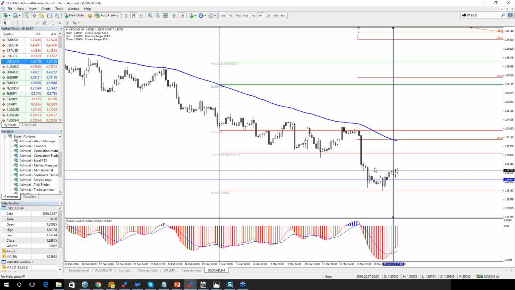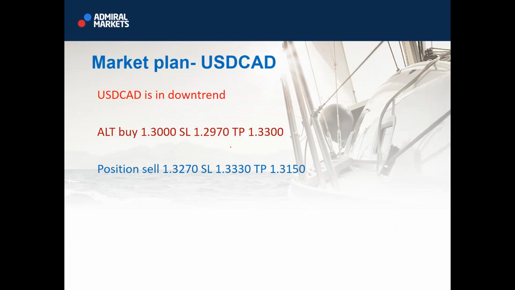Price is trying to make a mini cup and handle here, you see. This is cup, this is handle. See? Mini cup and handle here. So we could see a rejection to the upside. But if it fails, another mini handle could be formed and go to the upside. Sell at 32.70.